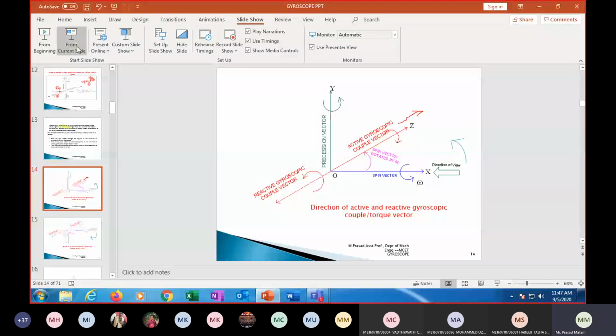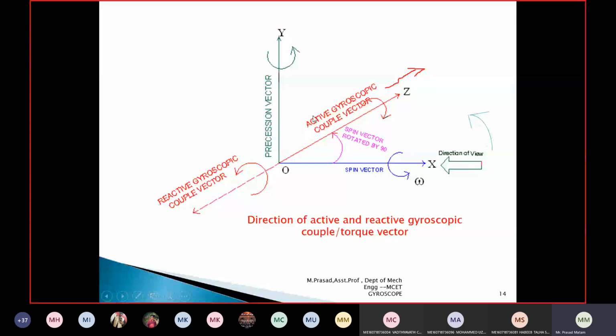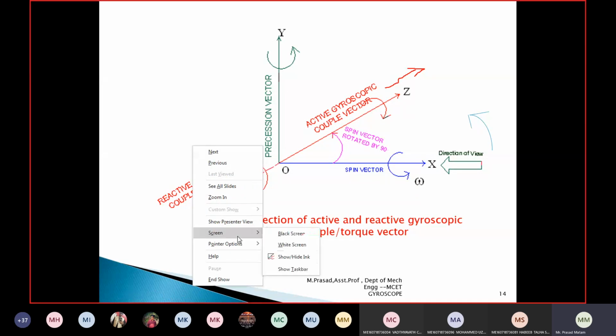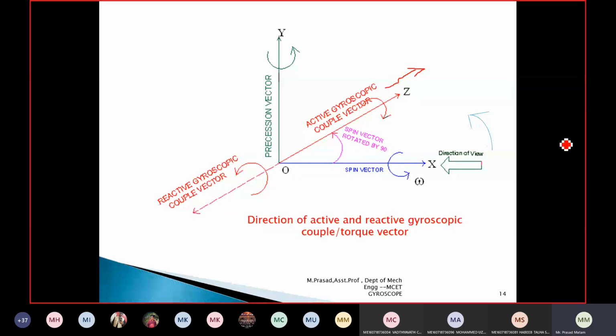From the current slide, this is the position of the active spin vector, the precession vector, the position of the active couple, and the position of the reactive couple. Now, due to the spin vector rotating clockwise, this is moving in this direction. When it is moving in this direction, the spin vector tries to move in another direction, that is in